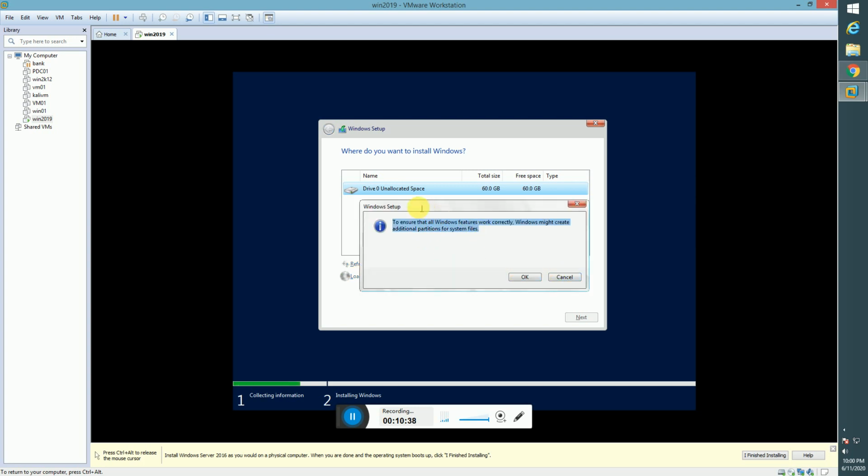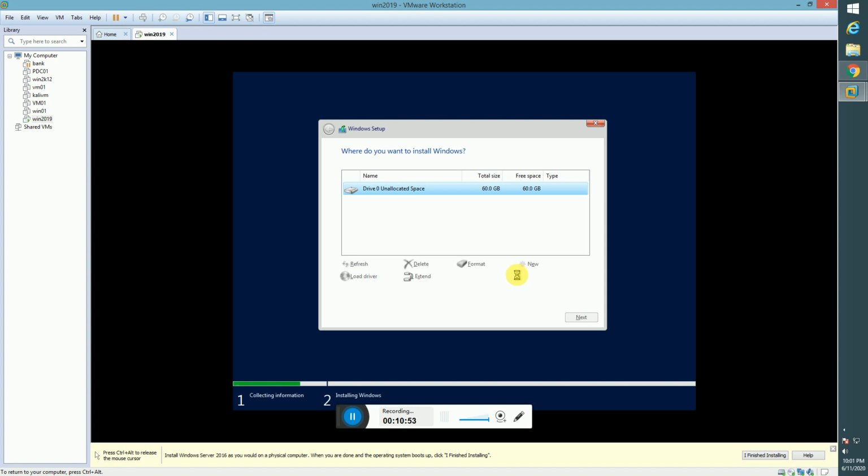This option is used for the system files. 350 MB of space by default is taken by the system files, and it is created at the time of OS installation partitioning. You can see now it is creating. You can see 550 MB of partition is being created.